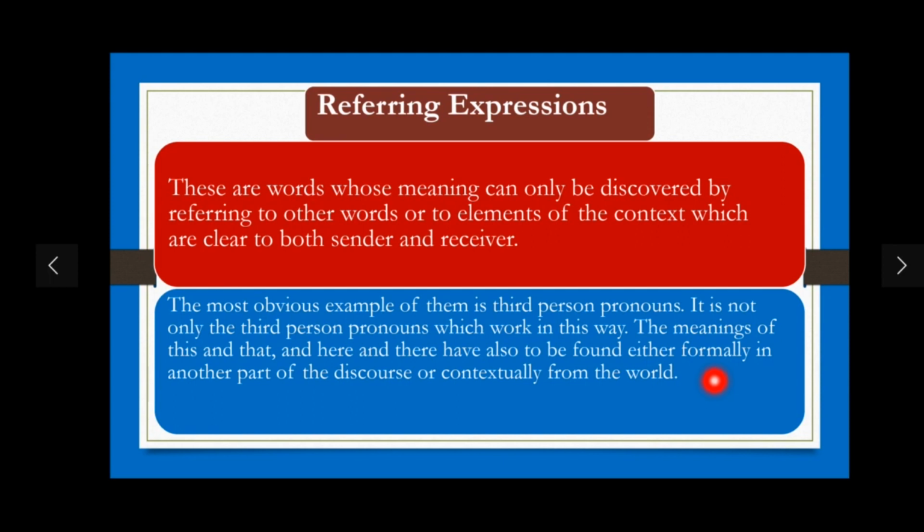So if the context is clear to both sender and receiver, then the meaning of the referring expression will be clear. For example, if you ask me where I was last night and I tell you that I was there, the meaning of "there" can be discovered from the context if the context is clear to both sender and receiver. Similarly, the meaning of "here" can also be discovered from the context in which the word is used. If I say, "come here,"